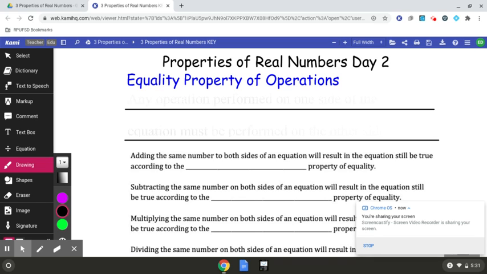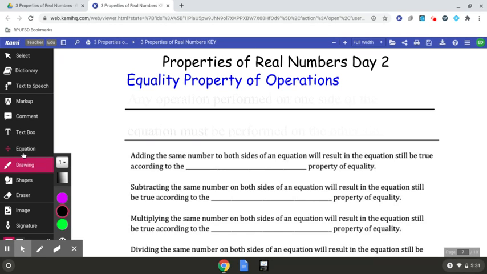So this is the second day for properties of real numbers. This day solely focuses on one specific property that encompasses quite a few things. So it's the equality property of operations. And this property just states that